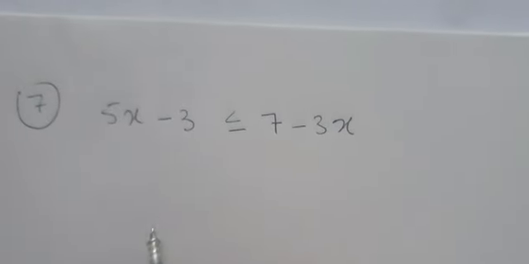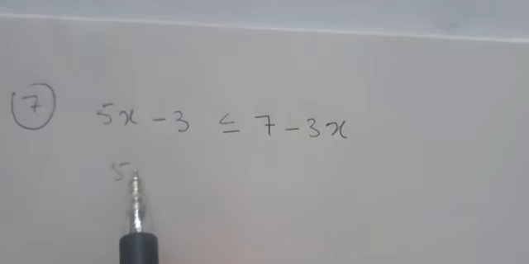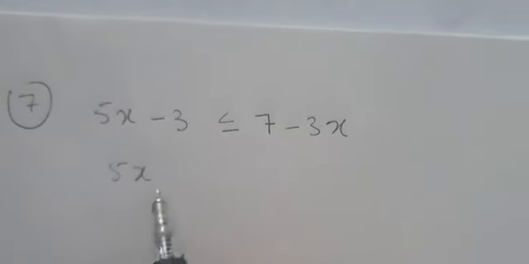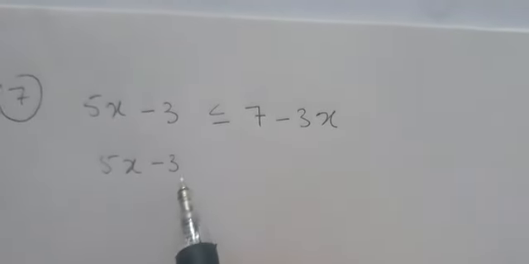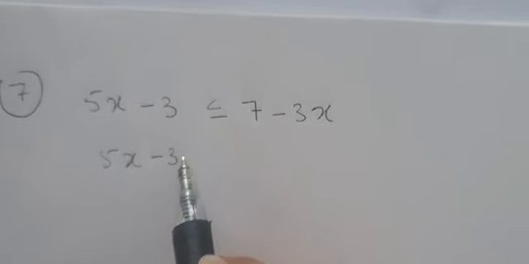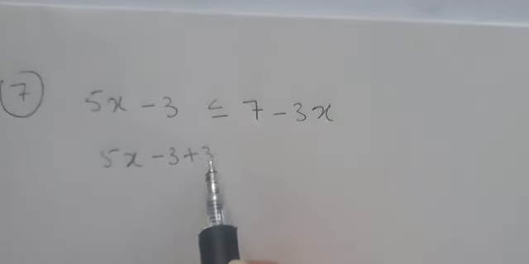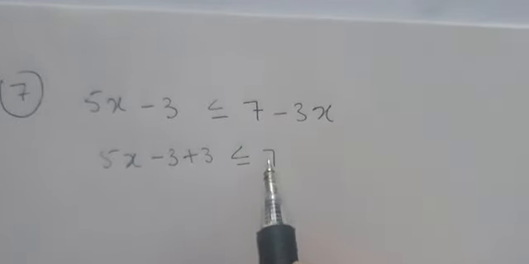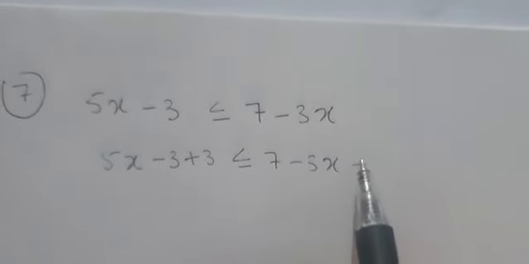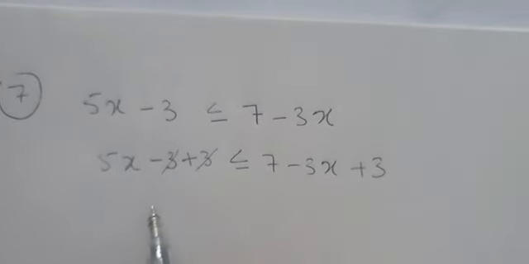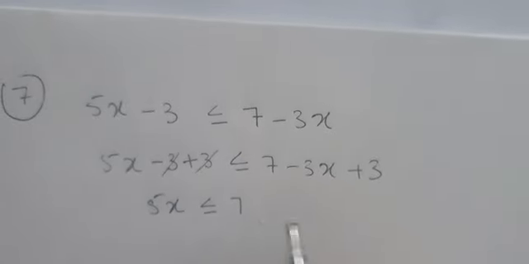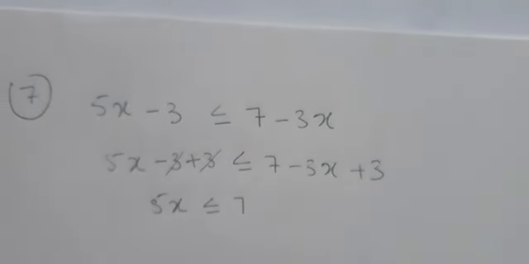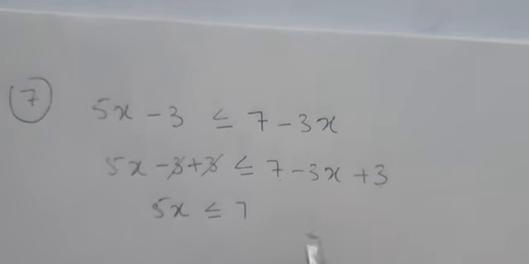First of all, we will write 5x as it is, then negative 3. We will shift that negative 3 to the other side, and for that purpose we need to add 3 on both sides of the inequality. So it will be cancelled out and we will be left with 5x less than or equal to, now we can add 7 and 3, that will give us 10